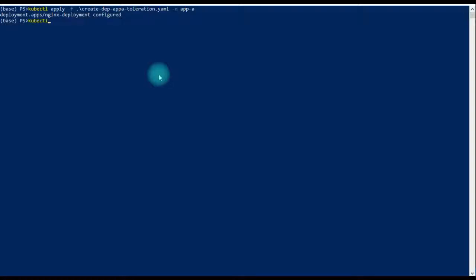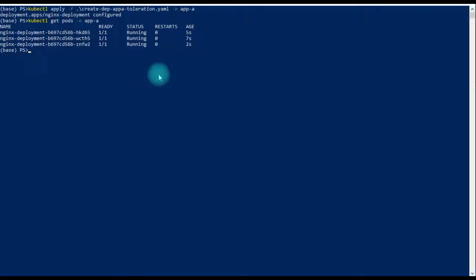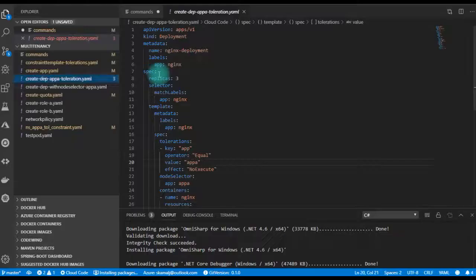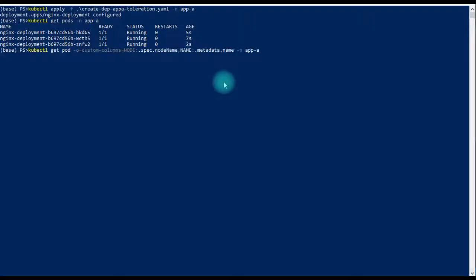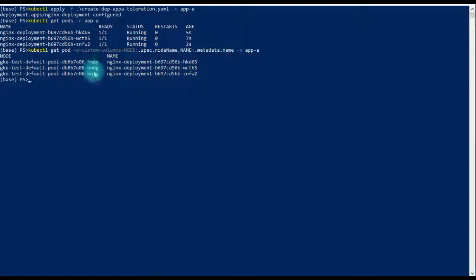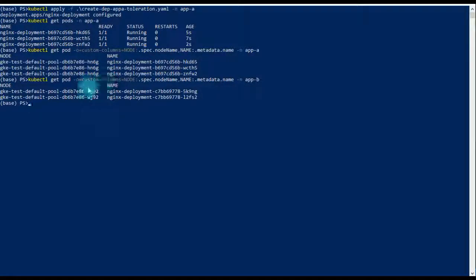Right, so we have recreated the application, and if you now look at the pods, they will all be running. Okay, and now let's look at where application A and application B are running, on which nodes they are running. So now application A is running on the labeled node and application B is running on some other node. So we have achieved physical isolation as well, but there is a problem,